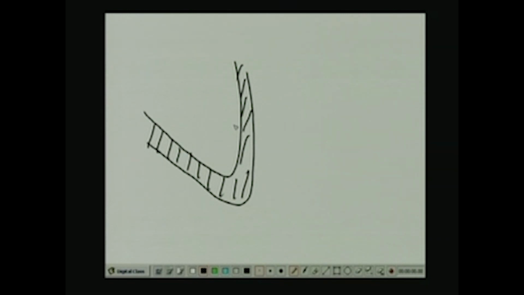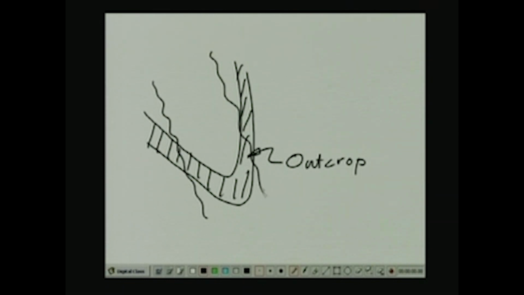That means when we are looking at this particular map from an elevation looking down, this is the outcrop of the geologic unit that we are looking at. The reason why the outcrop actually takes the shape of a U or a V inside the valley is because near the valley bottom